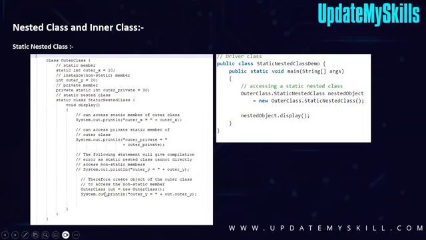We can access them by creating an object. Outer class object is equal to new outer class, then outer dot outer x. You can access it that way. The reason you are not able to access it is because outer y is not static, it is an instance variable, which means that